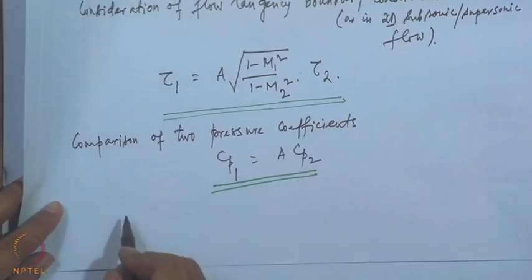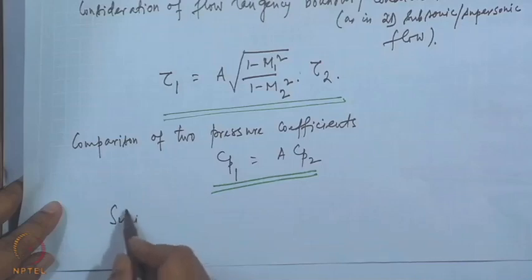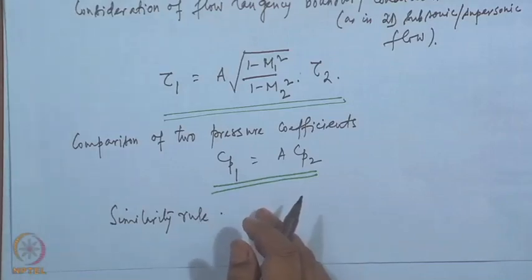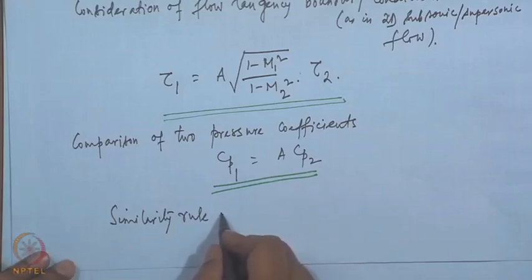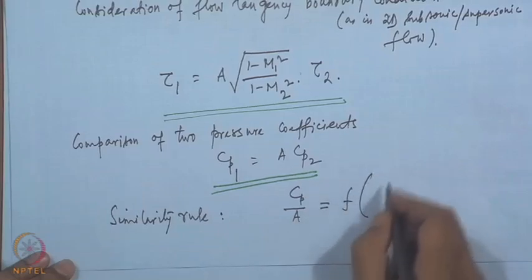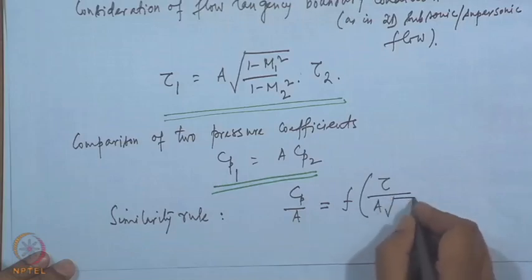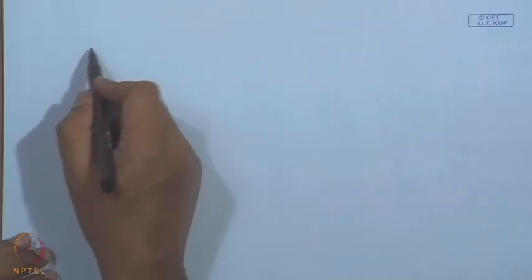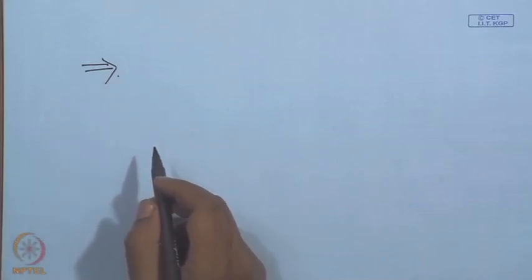And so, the similarity rule gives Cp by A equal to function of tau by A root 1 minus M infinity square. And substituting for A, we have